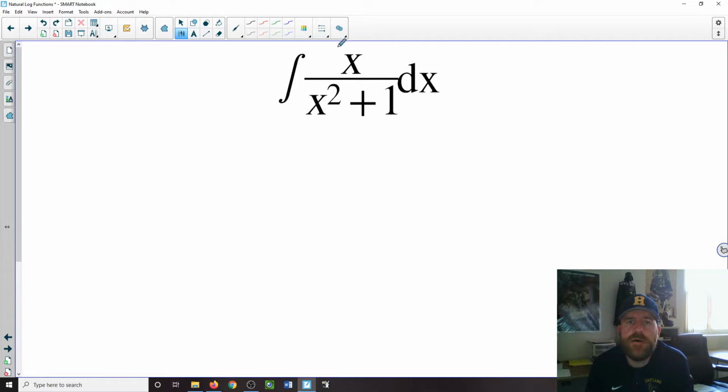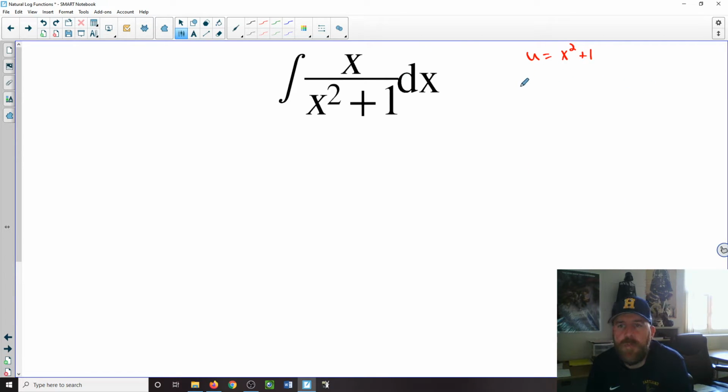Right here, some of us can see how to integrate this without u substitution. Others are going to need the u substitution, so I'm going to go ahead and do u substitution. The key to u substitution is identifying what part of the equation we could take the derivative of and get the other piece of the equation. If we look at this, we have x squared plus 1. If I took the derivative of that, I would end up with something with x in it. So we take u and set it equal to x squared plus 1,